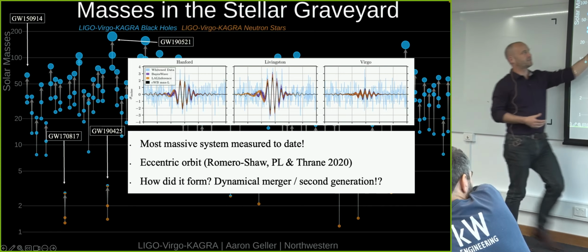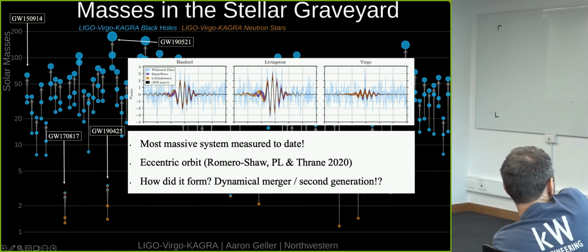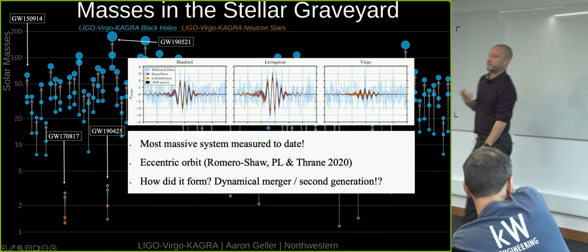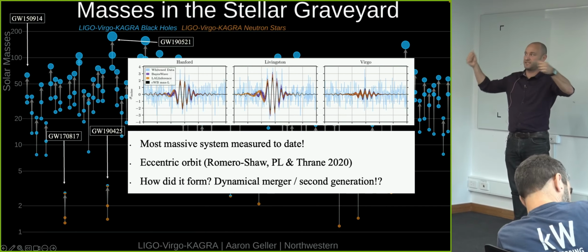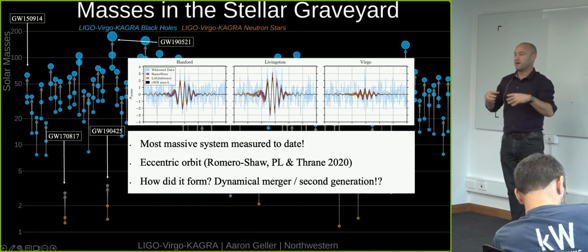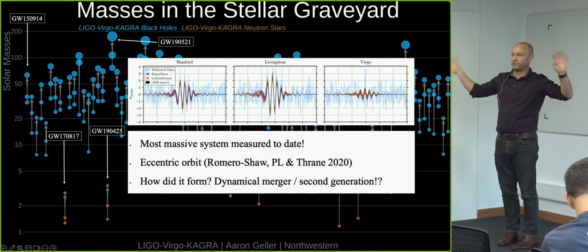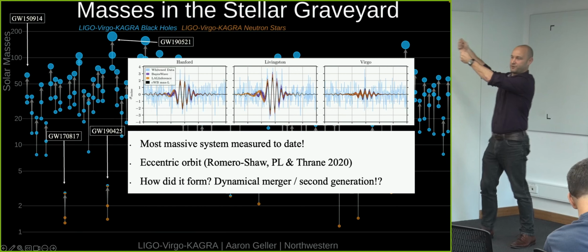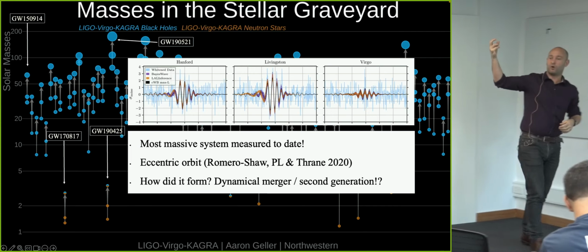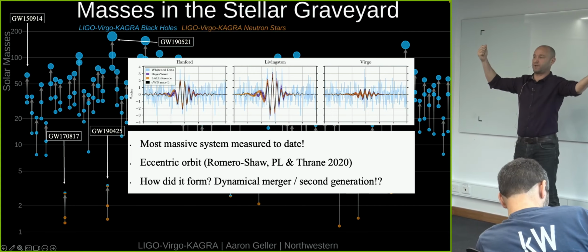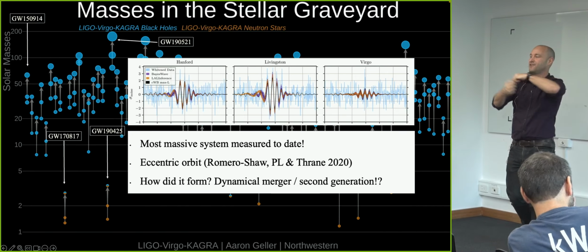And so how does a system like this form? Well, the combination of these two things tells you that it's probably something like a dynamical merger or a second generation merger. The idea here is that this system didn't initially form as two stars that then spiraled in and eventually merged, but instead they formed as two stars, actually three stars at least, all separate from one another. Maybe there's a binary star system over here that goes supernova, both collapse and form a black hole, and it is that black hole that then finds another black hole in a dense stellar environment like a galactic cluster, something along those lines. Eventually, those two find each other